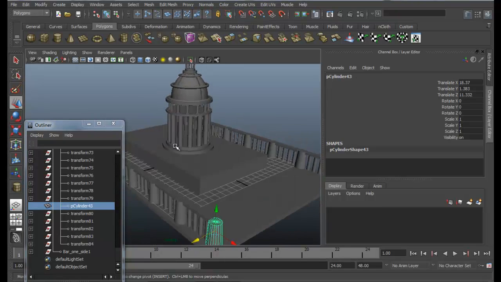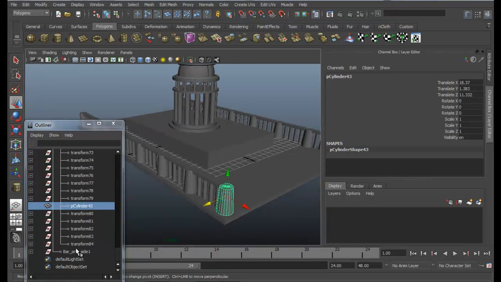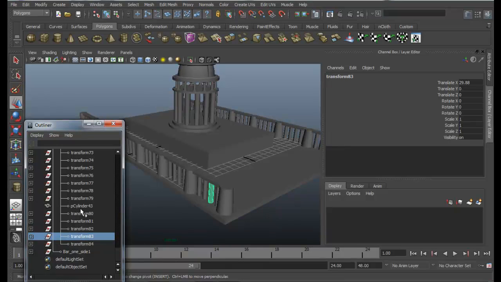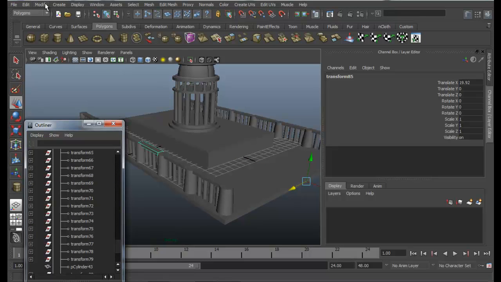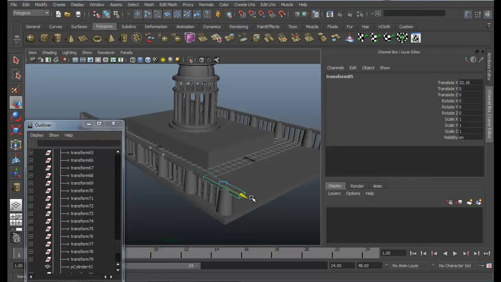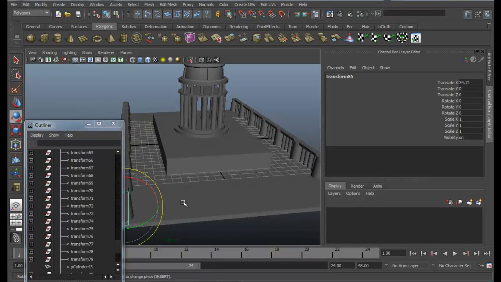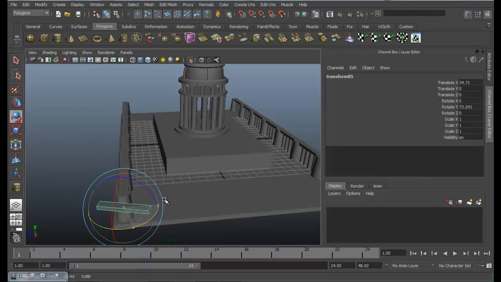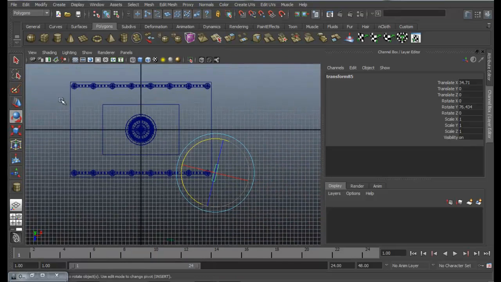Okay, though, we'll just be duplicating some of these objects. Just try and select the top, this one, and then just duplicate it, and then modify, center pivot, and move it, rotate it, just put the value to 90 degrees. That'll be good.